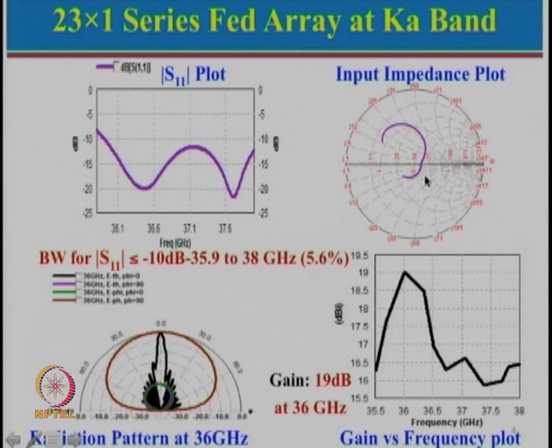This is the input impedance plot, and this is the radiation pattern at 36 gigahertz. This particular plot shows the gain variation with frequency, and one can see that the maximum gain is around 19 dB at 36 gigahertz, but the gain falls off rapidly. That means the gain bandwidth is not very good as compared to the VSWR bandwidth, and the reason for that